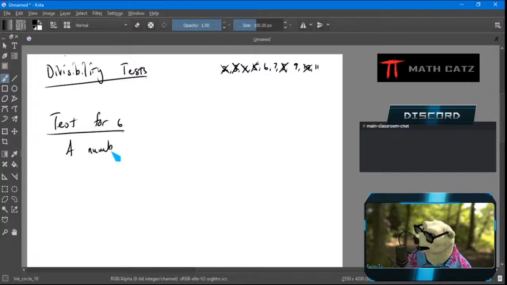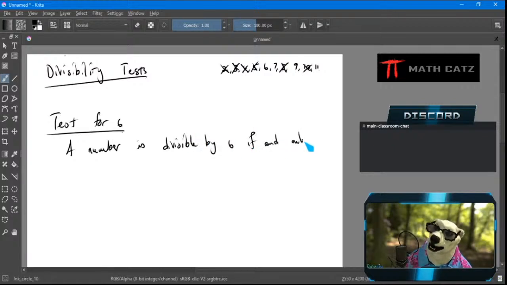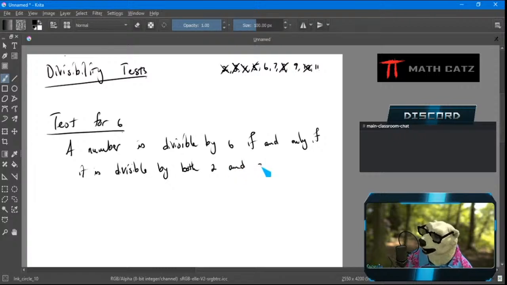A number is divisible by 6 if and only if it is divisible by both 2 and 3. Ooh, my writing is not good today. Is it ever good, really? So in order to decide if a number is divisible by 6, I need to check if